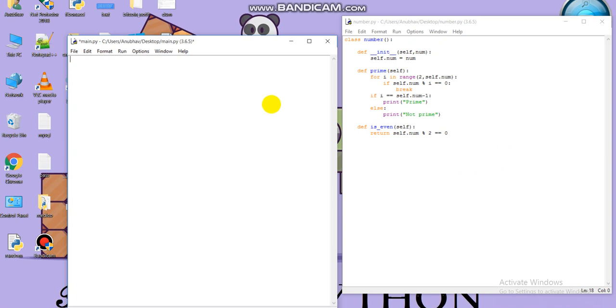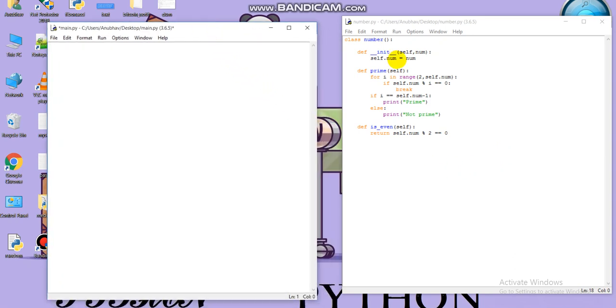I have shown you the videos on classes, so you know about classes. I have written a class called Number in which we check whether a number is prime or not and even or not. I am going to import this from the number file. So let's import it. Import number. So n1 equals number.number, and I'm going to pass the number 7, which is a prime number,